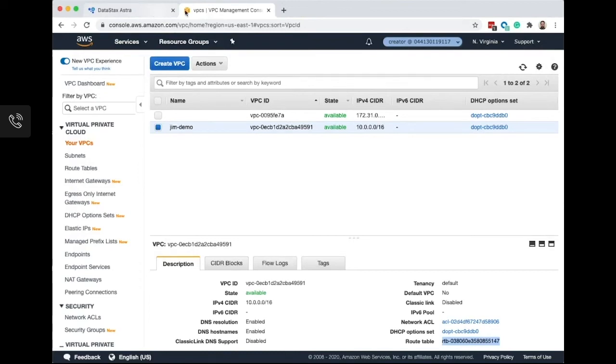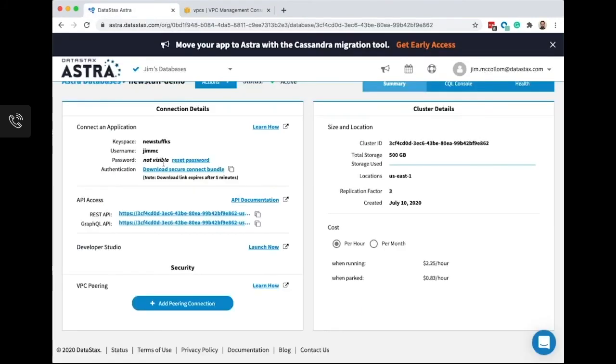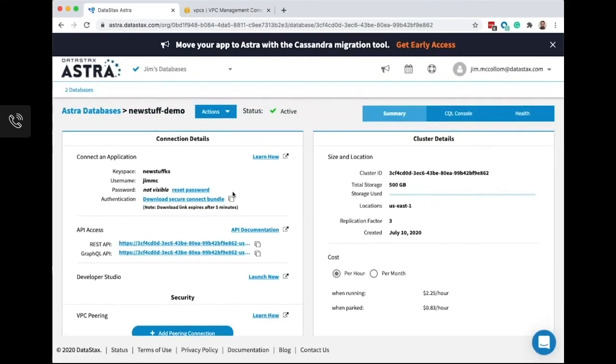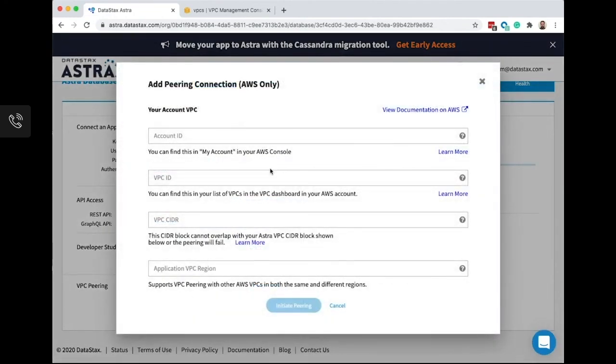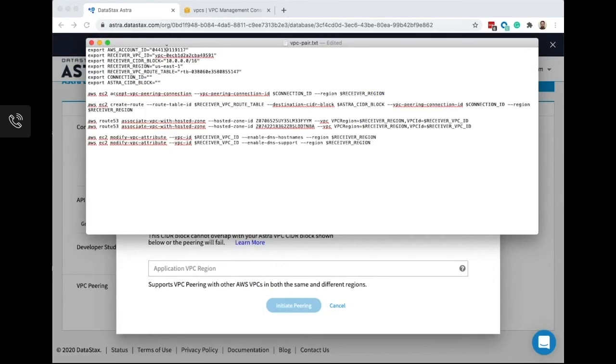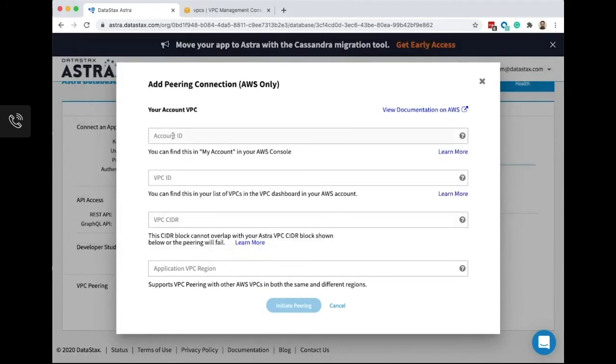So let's go back to Astra here. And inside of Astra, we have a new button at the bottom to add the VPC peering connection. So we got our account ID that we copied. We're going to put that in.